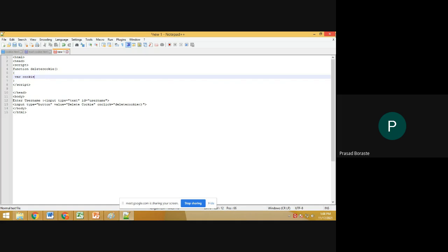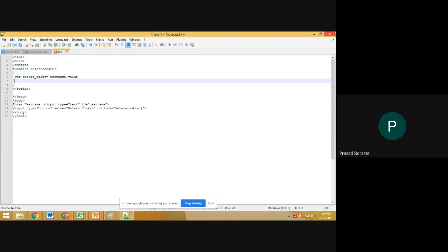Taking one variable, cookie_value, in which I will store the username.value, whichever value we enter in the text box, and document.cookie equal to username and providing a cookie value.